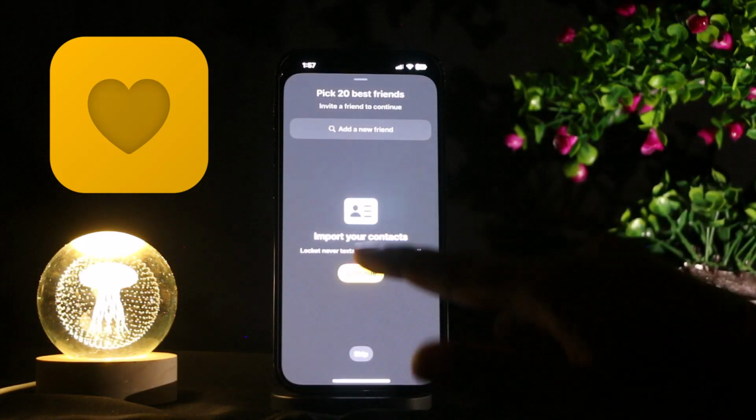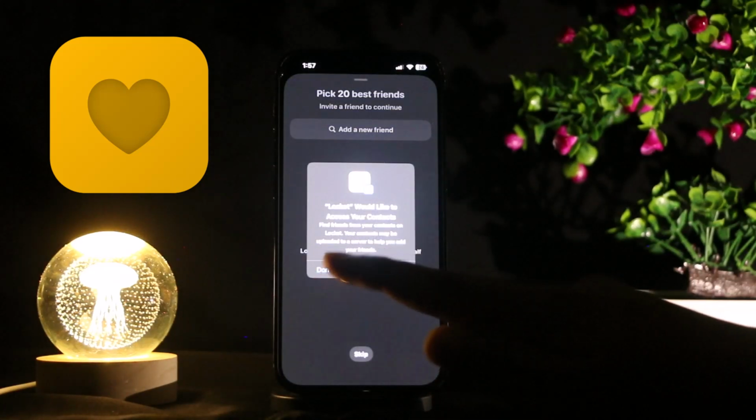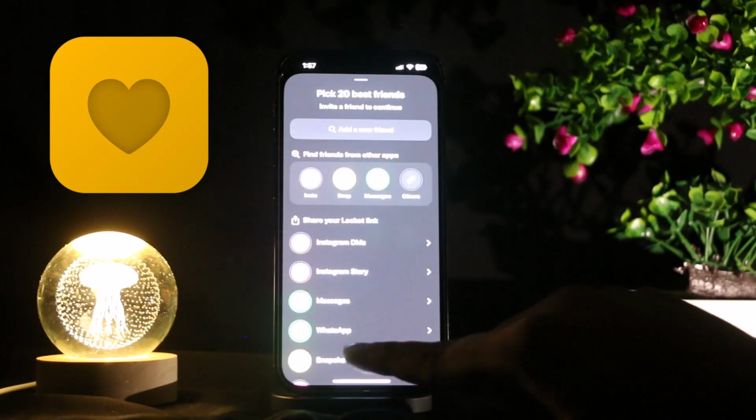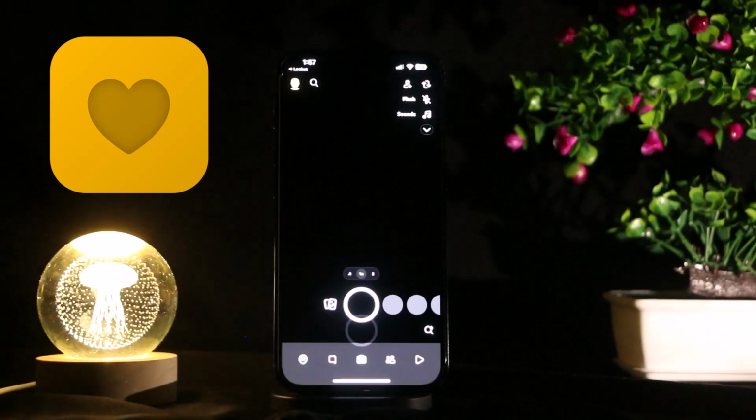You may simply click on the option of import your contacts and click on continue, and you just need to give Locket access to your contact information and you'll be able to add friends from it directly. But if you don't want to do it from there and you just want to find friends from another app,